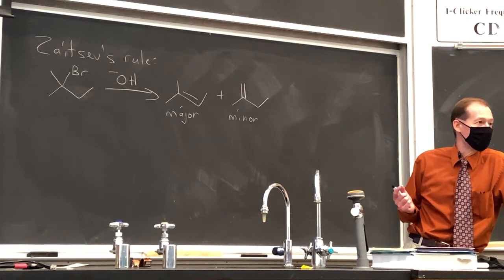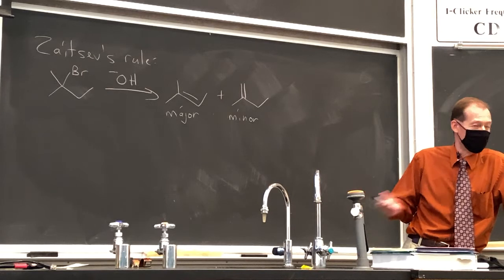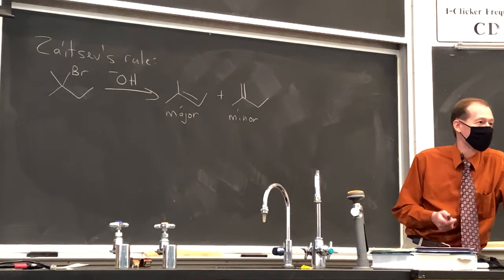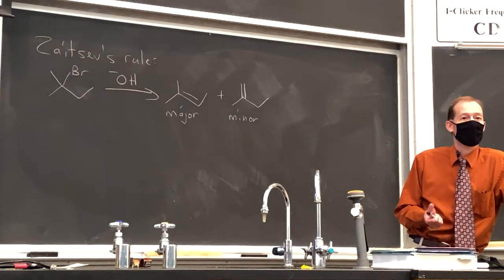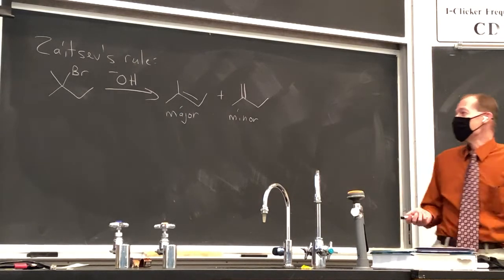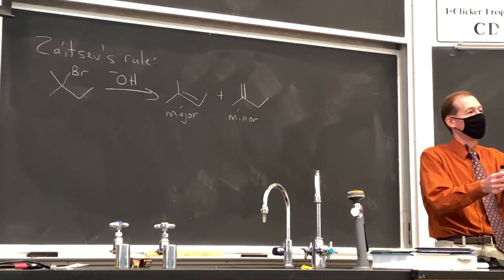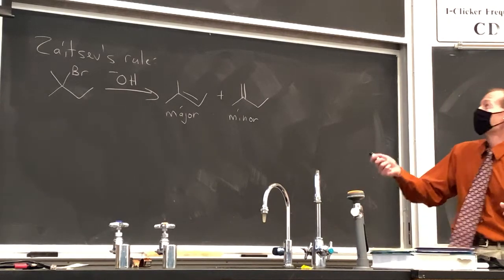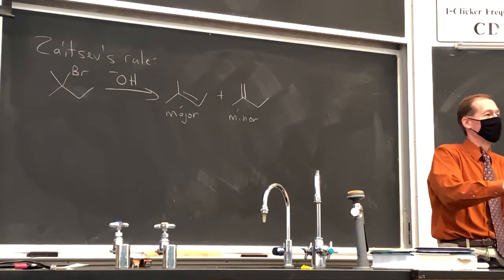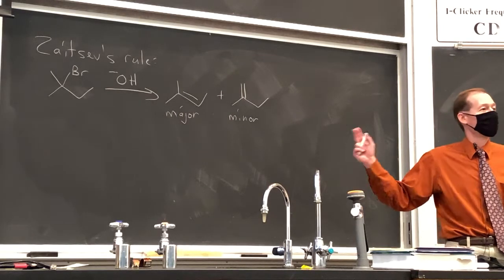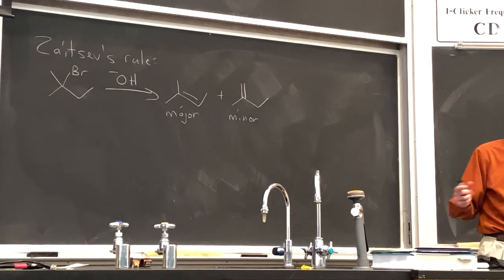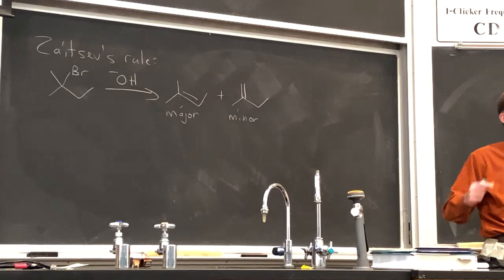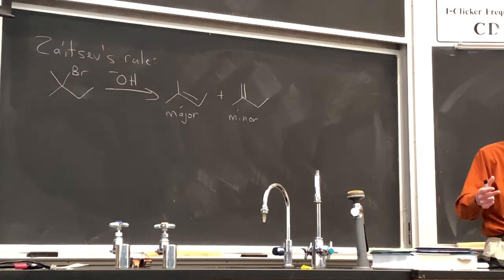Why does the more substituted alkyl halide react faster? Very, very similar explanation, yes. The difference here is that in this case, we have one alkyl halide and two reaction pathways leading from that alkyl halide. Whereas up here, we had two different alkyl halides, each of which gave a single product. So here we have one alkyl halide with two reaction pathways, two transition states leading from that alkyl halide, giving